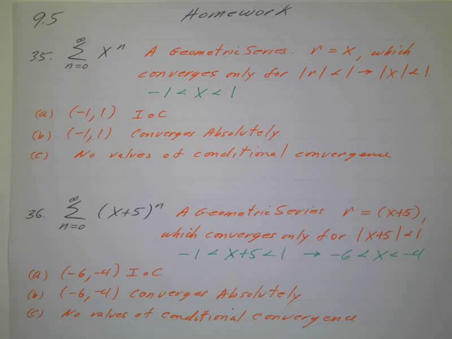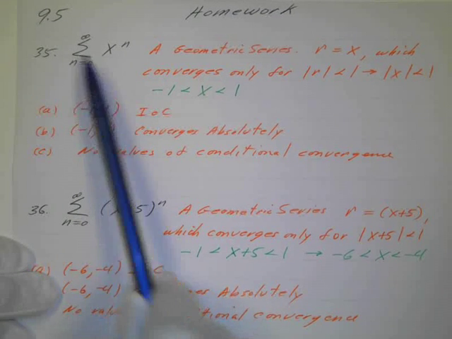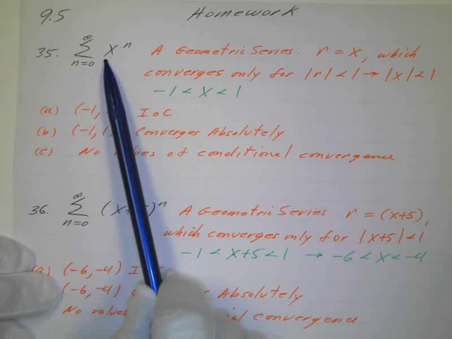Okay, here's some more problems from section 9.5, and we've got some geometric series. These are pretty easy because we don't have to worry about the endpoints, because their interval of convergence is pretty much dictated by what we talked about in geometric series. So if we look at this first one, number 35, summation n equals 0 to infinity of x to the n,